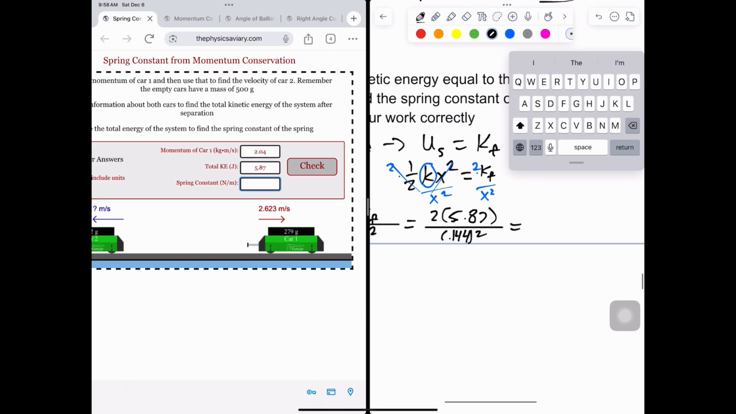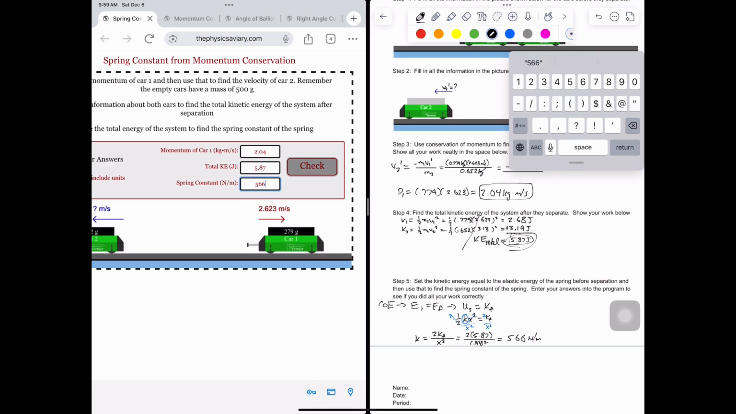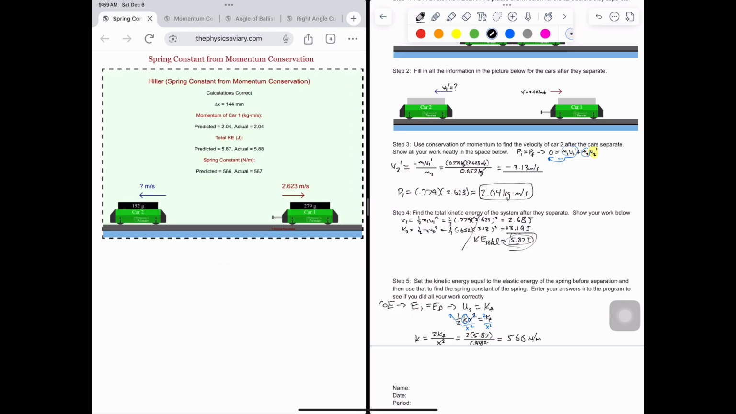Okay, let's put that in our calculator. And I'm getting about 566 newtons per meter. 0.16, but I'm just going to round it to the nearest whole number. All right, let's take a peek and let's see how we did. And there we go. So this was our first crack at looking at conservation of momentum and conservation of energy